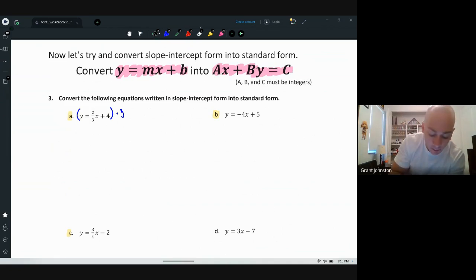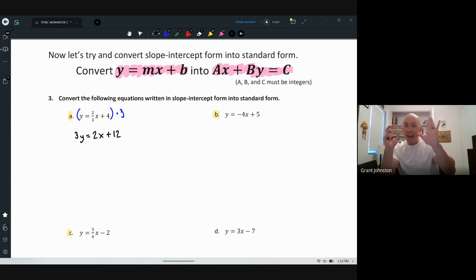So 3 times y is 3y. 2/3 times 3 is just going to be 2x. 4 times 3 is 12. So all that did there was eliminate that division of 3 with that fraction. So that's why I multiplied by 3. And now I actually really only have one more step